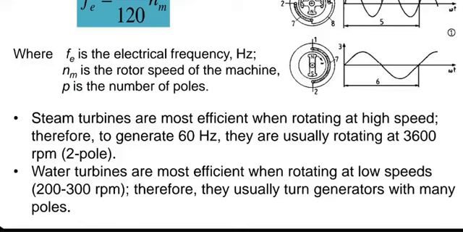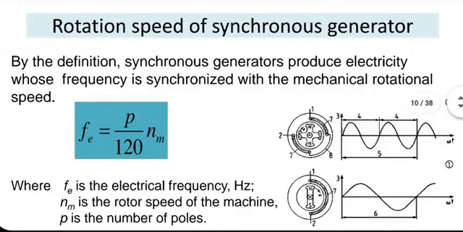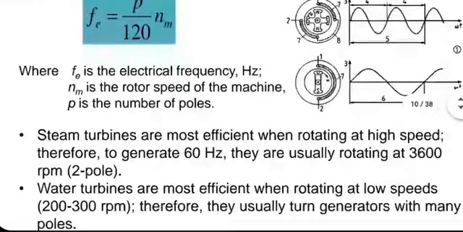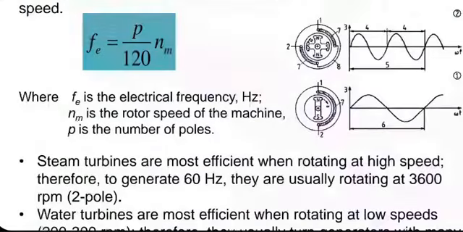Water turbines do not produce such a large RPM. They produce more like 200 or 300 RPM. So if you want the frequency to be 50 hertz or 60 hertz, you'll have to have more poles on the rotor. That also is doable. This equation is very useful in terms of deciding the number of poles if the RPM is known, and if frequency is known and you want to figure out what RPM you will need, or you have an idea of the kind of RPM you would like to implement. That means the nature of the turbine is kind of known to you.